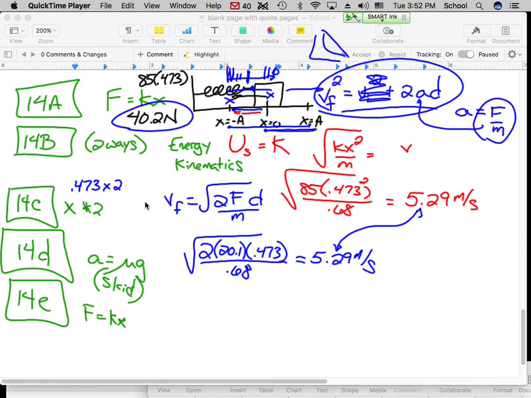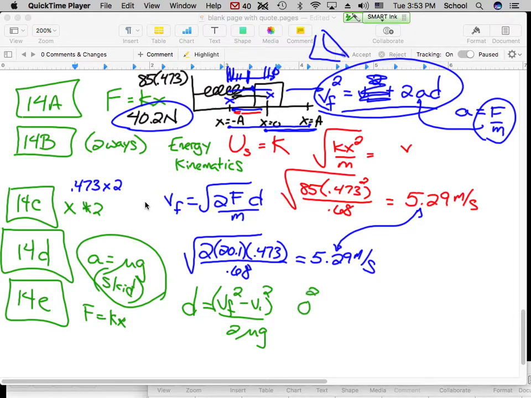So if we solve that for D, then we're going to get D equals VF squared minus VI squared over 2A. But again, the only thing slowing us down is friction, and when friction is the only thing slowing us down, then this is our A equation. So basically we can pull A out from here, and we can replace it with mu G. So we're going to slide until we stop, so my VF is going to be 0. My initial velocity, we just figured out 2 different ways, is 5.29. And then we divide that by 2, and we divide it by mu, and we divide it by G, and the mu was